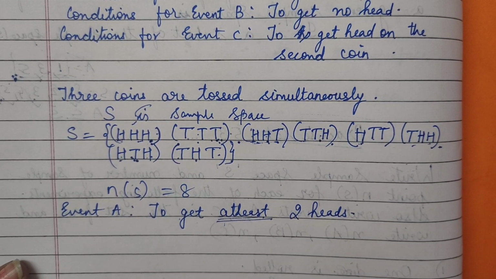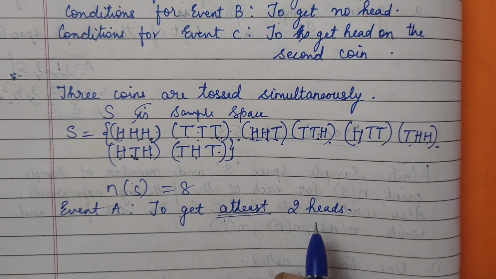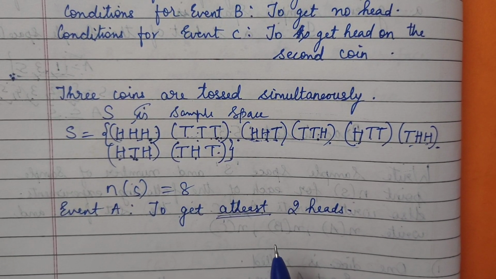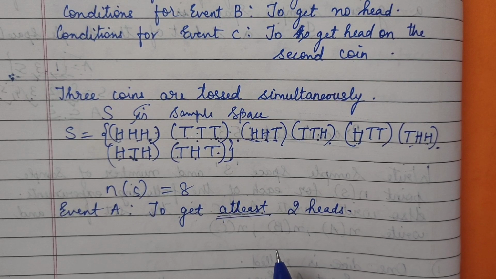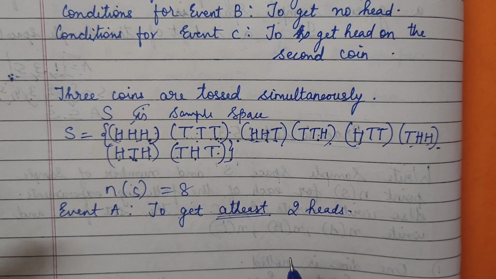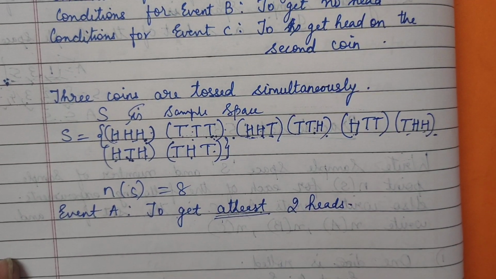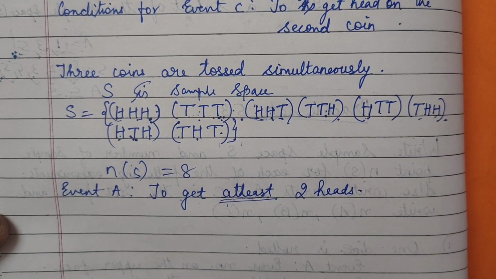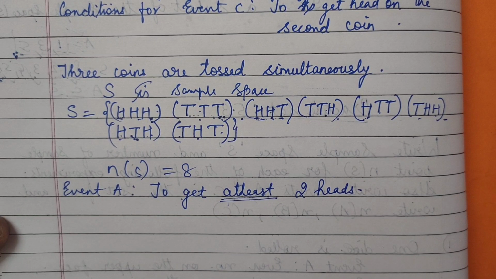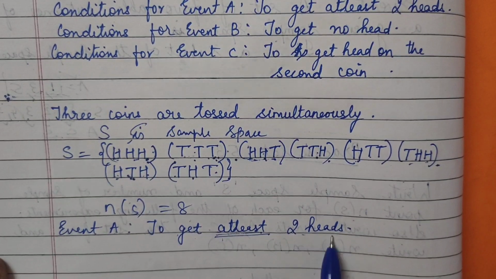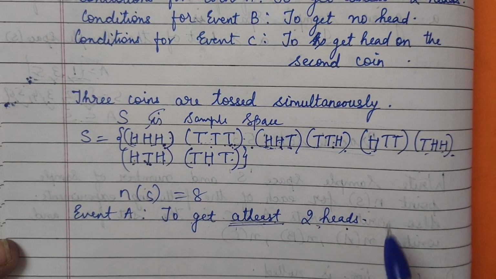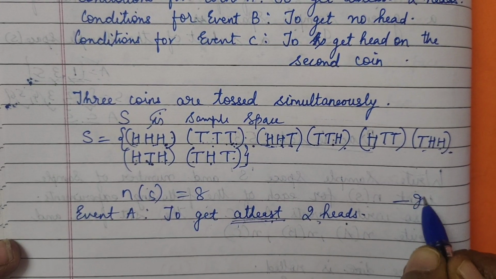For example, if your mother made gulab jamun and you say to her, at least 2 gulab jamun give to me. At least means a minimum of 2. So if she gives more than 2, are you happy or not? Definitely happy. So 2 and more than 2 will also do. Is it or not? Yes or no? So when you ask for 2 gulab jamun and get more than 2, you are happy and you take them. Similarly, at least 2 heads means 2 heads and more than 2 also works. Okay, so whenever it is said at least, you remember what? Gulab jamun.